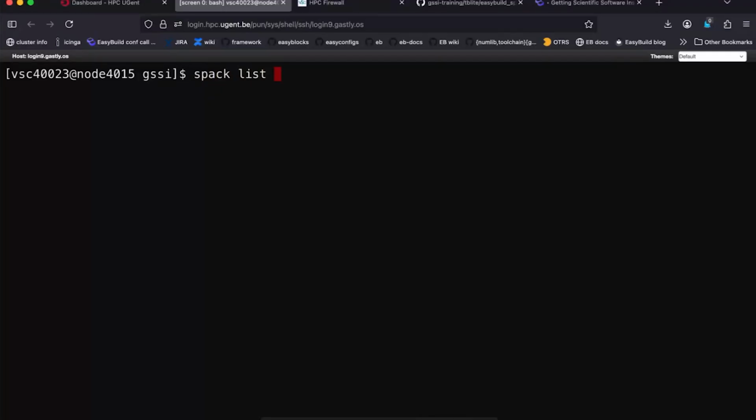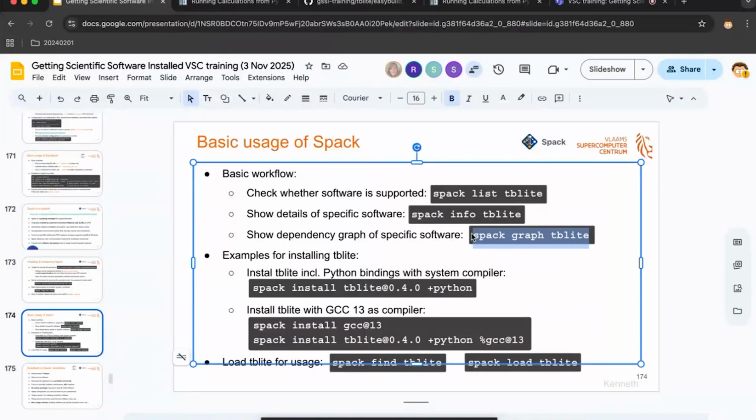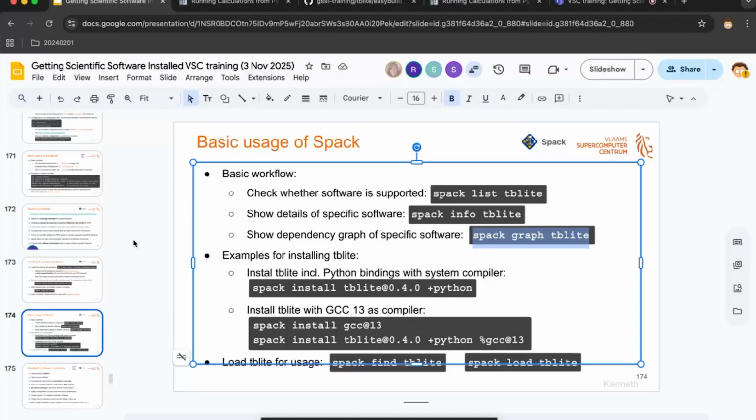We'll take a look at spack list. We're interested in installing TB Lite. Does Spack know about TB Lite? I'm doing this on the data file system, which is probably not the best option, at least not in terms of the speed of installing things. We can ask Spack what it thinks about dependencies for TB Lite. This has a fancy, colorful output that tries to represent the dependency graph, which is hopefully not going to take too long. And once we're happy with that, we'll do a spack install